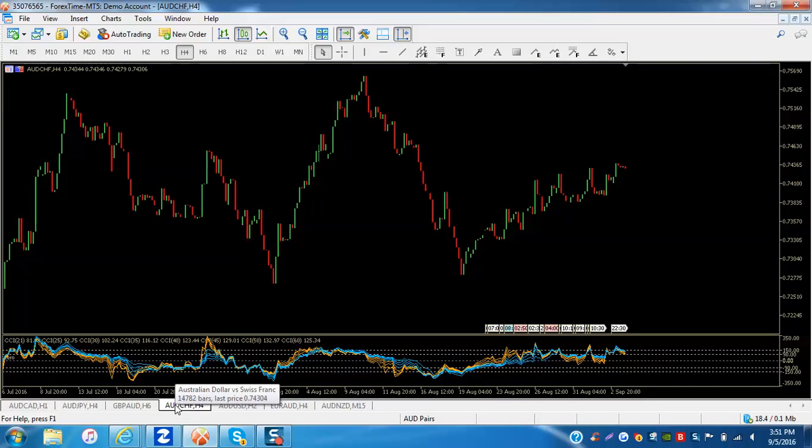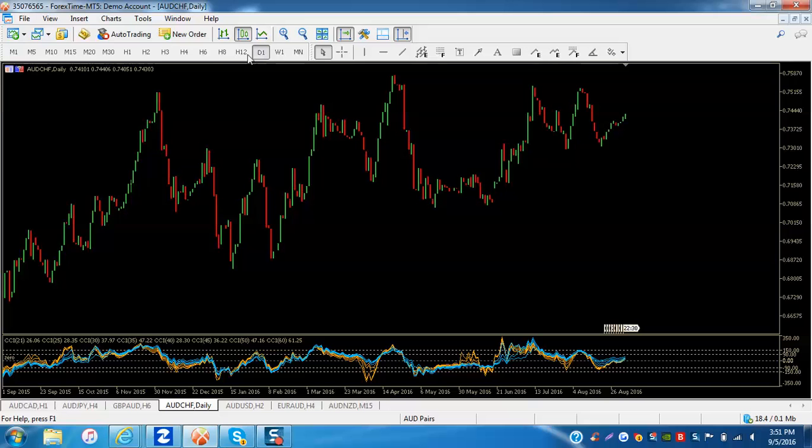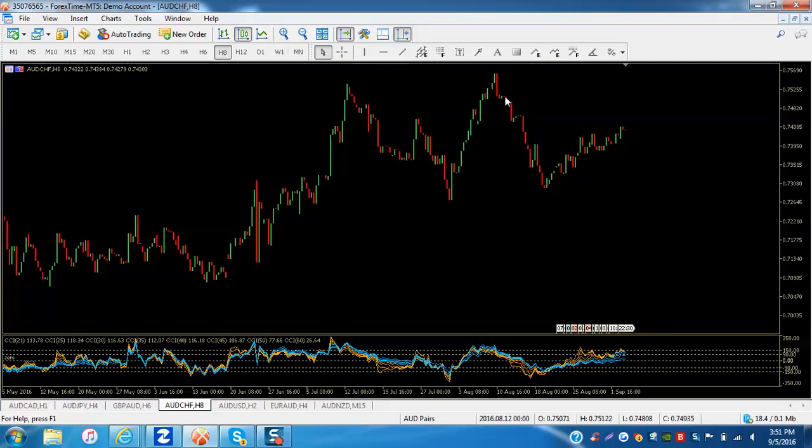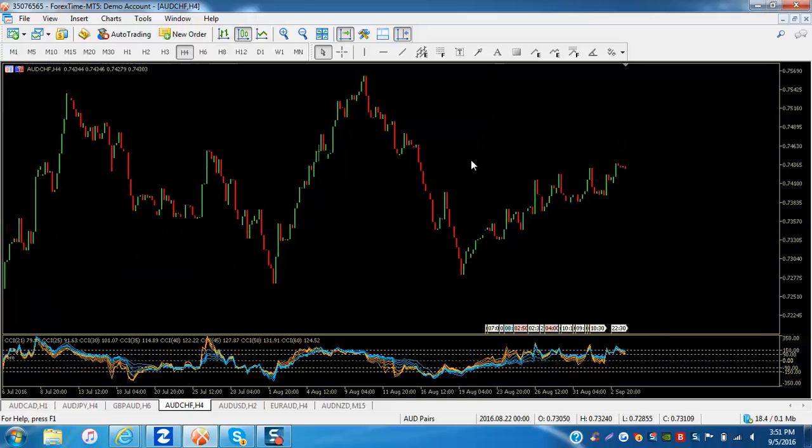The one that I kind of homed in on is the Aussie Swiss, which I probably don't trade, but just to look at it for analysis. Let's find a good time frame here. So I'm looking at this as a trend. This is an impulsive move down. Looks like a completed trend, and then this whole thing looks like a correction. You've got overlapping choppy waves here.